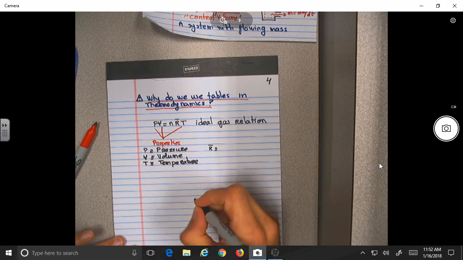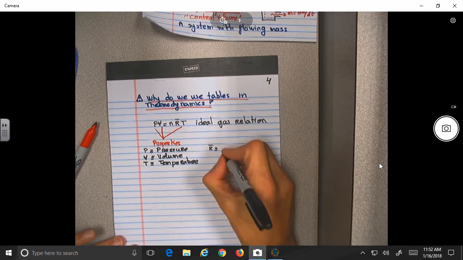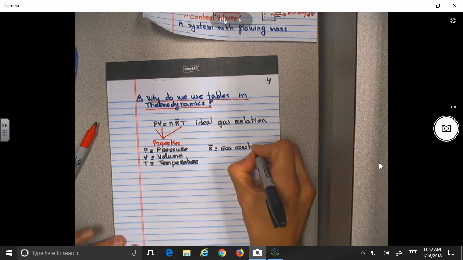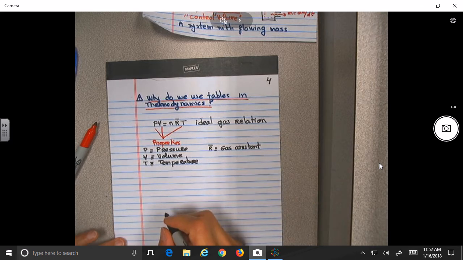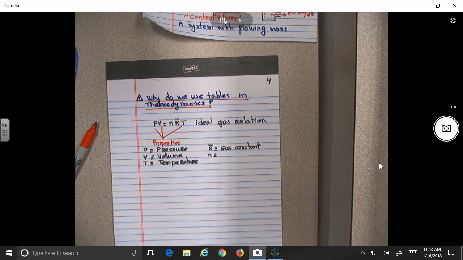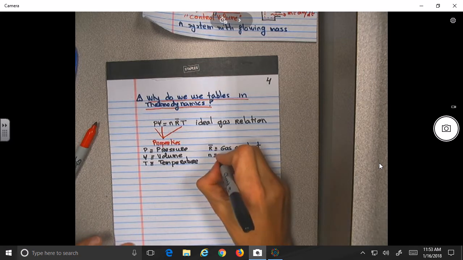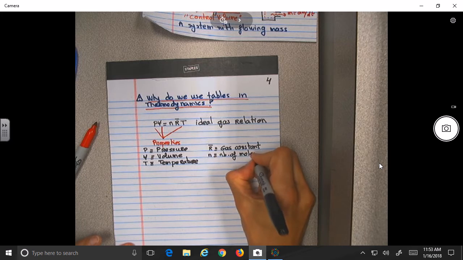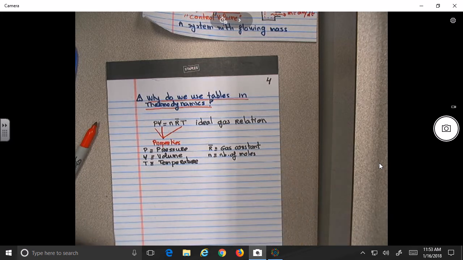What is R bar? Gas constant. That one, do you remember I told you to print one page with the units? I think that one should be in there. If it's not in there, you can add it. Okay? And then the last one is N. What is N? Number of moles. So number of moles of what? For the given substance, no? Yeah? All right, so